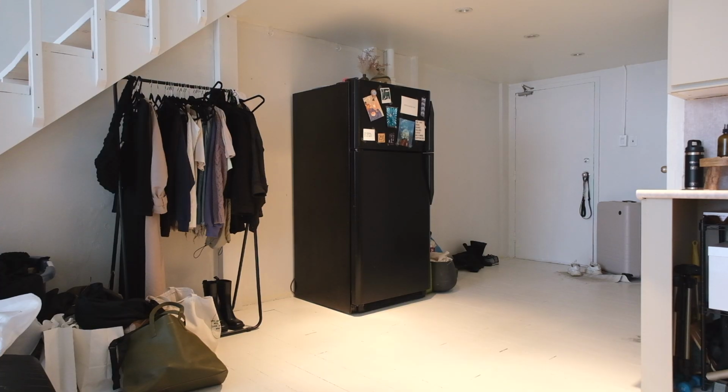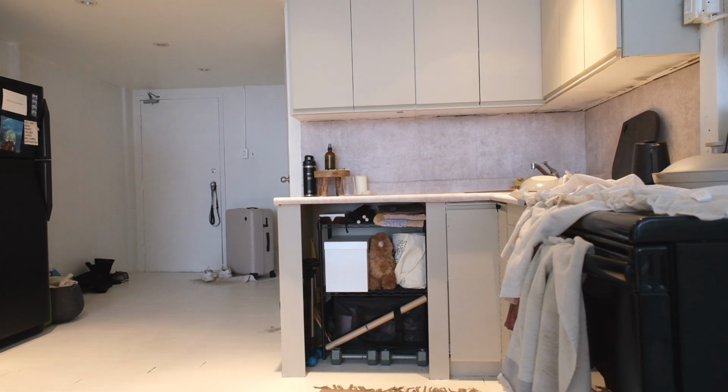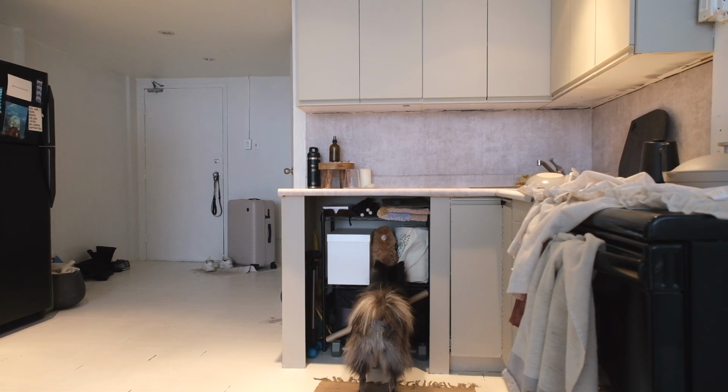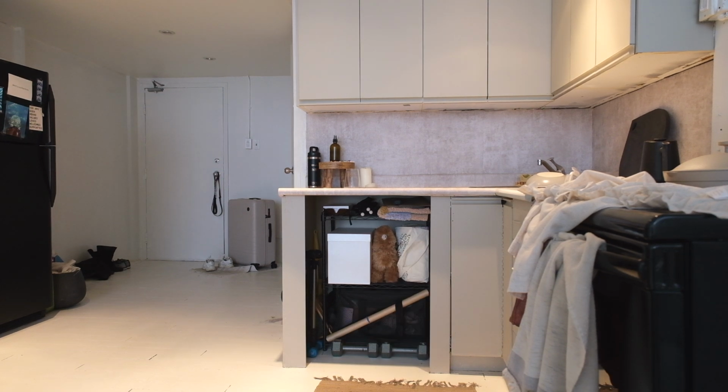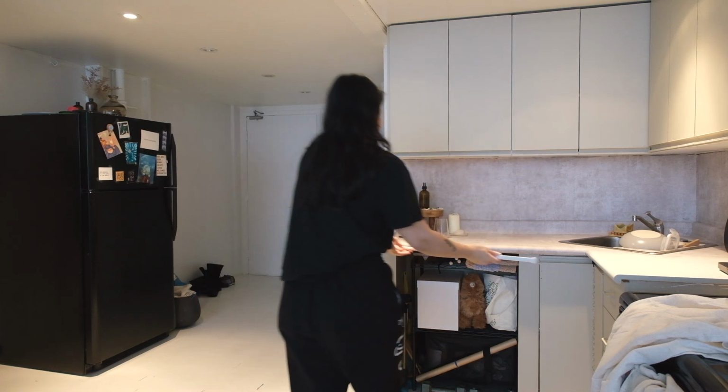So I moved the shelf next to my fridge under the sink because I've come to the conclusion that I'm not getting a dishwasher. I've been living without one for a while. Tucked it in there for now, and I'm going to cover it with this curtain. I bought this rod, and it's adjustable, so it's gonna go